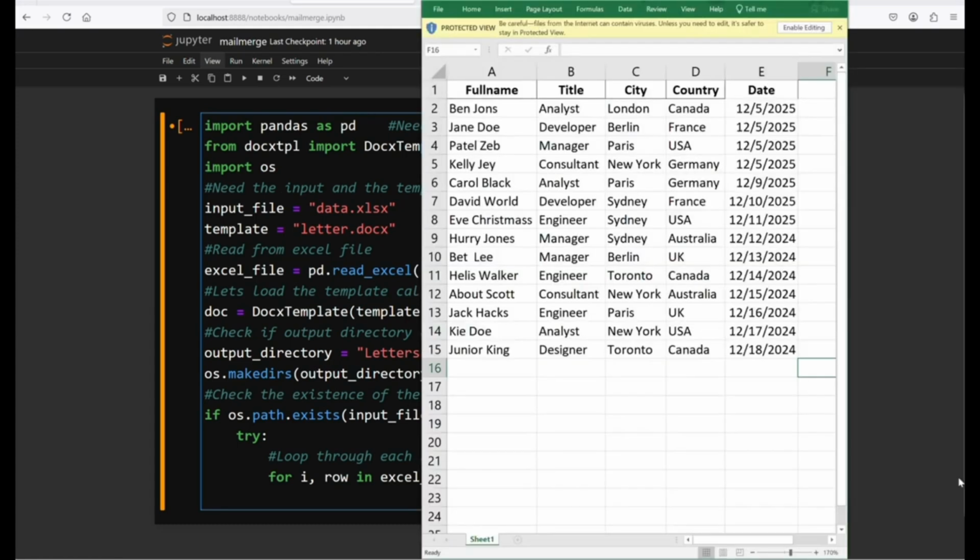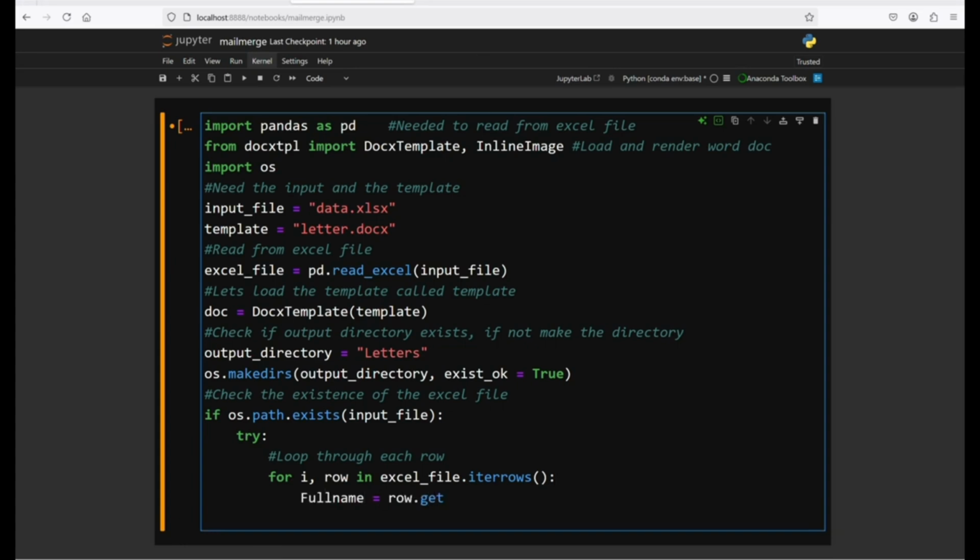Okay, let's check a file. So this is the Excel file. We want to loop through each row here. Starting from there, we loop through each row using the for loop. After checking that the file exists, we want to get the full name,